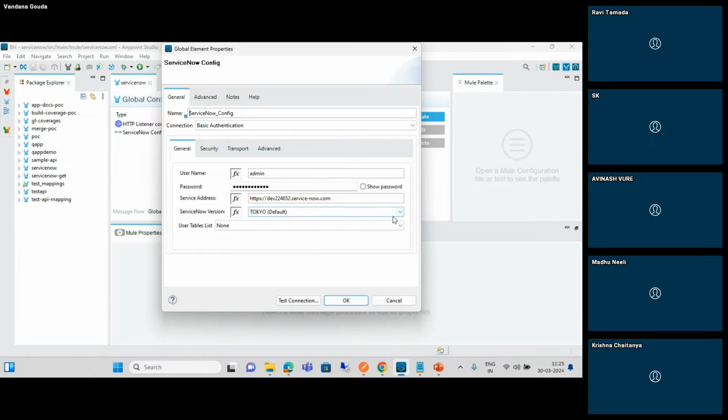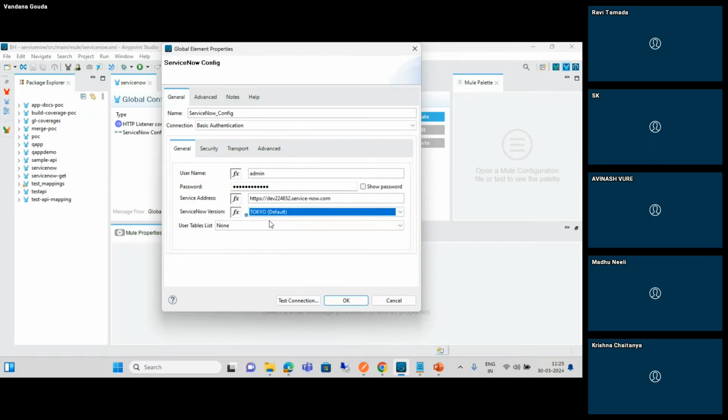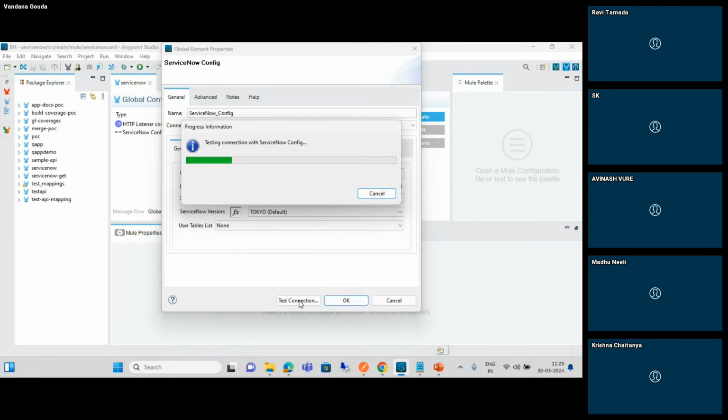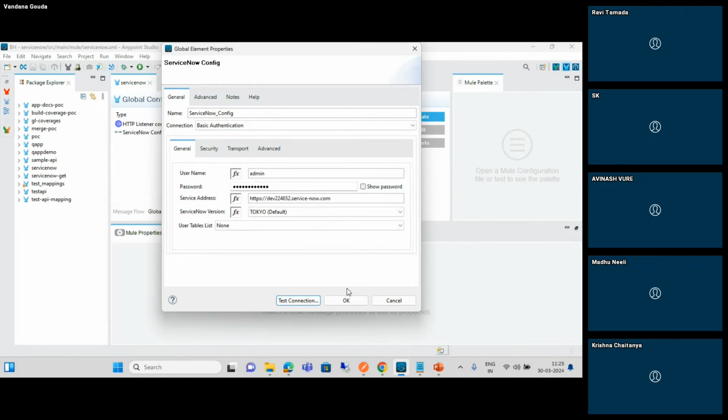And the ServiceNow version, by default it will take Tokyo only. Based on your requirement, you can add anything. Once the username, password, and service address configuration is done, I need to test the connection. Once the test connection is successful,